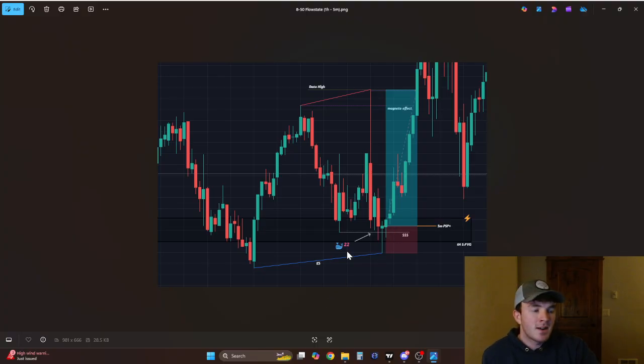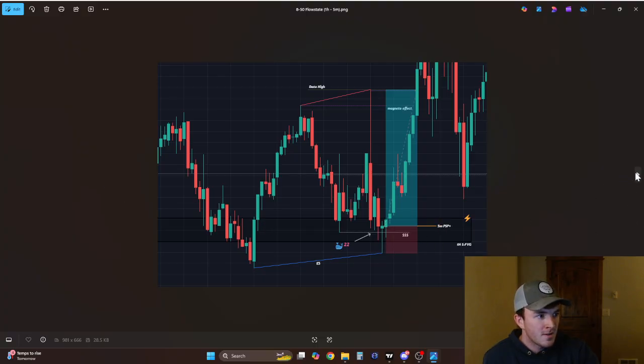Recency of SMT matters, and it matters a lot. It's called Magneto effect, where you have a more recent SMT that forms, and then the old SMT becomes the draw on liquidity. This is the Magneto effect. So you can see we form a new SMT, the old SMT becomes the draw on liquidity, bang, all the way up there. Delivering from a 1 hour gap,